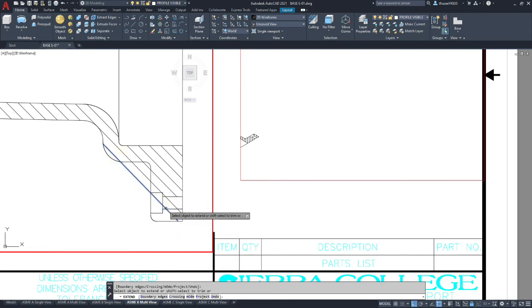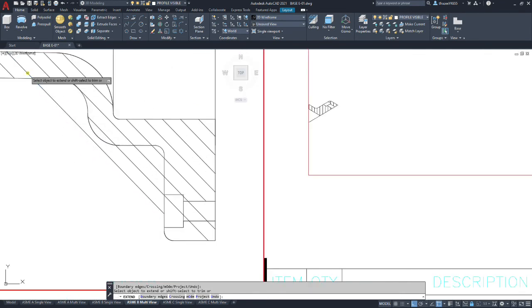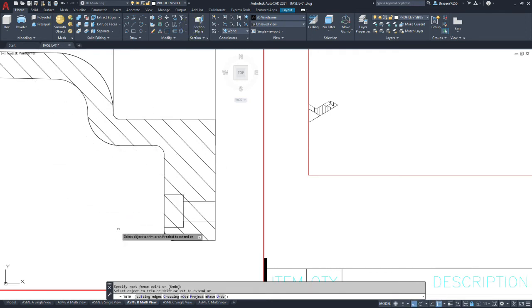We have to come back and trim the areas where the hatch does not belong. Now we could have offset these, but this assures that our alignment's the same. So I'm going to come back to trim. I'm going to do a power trim out here and here.